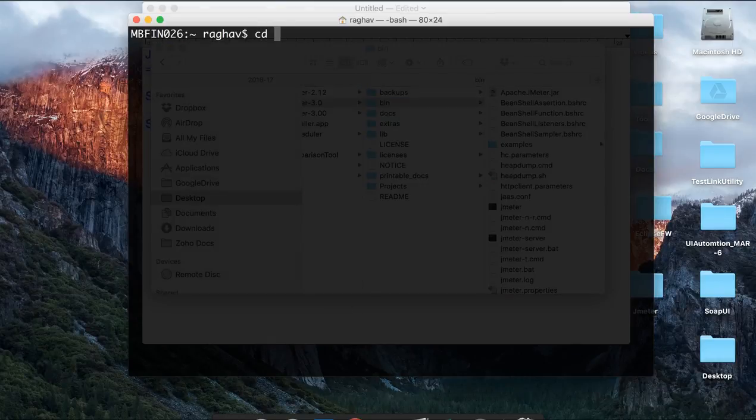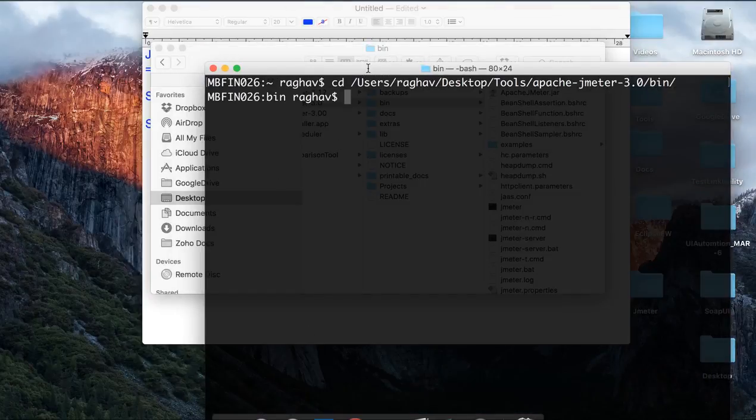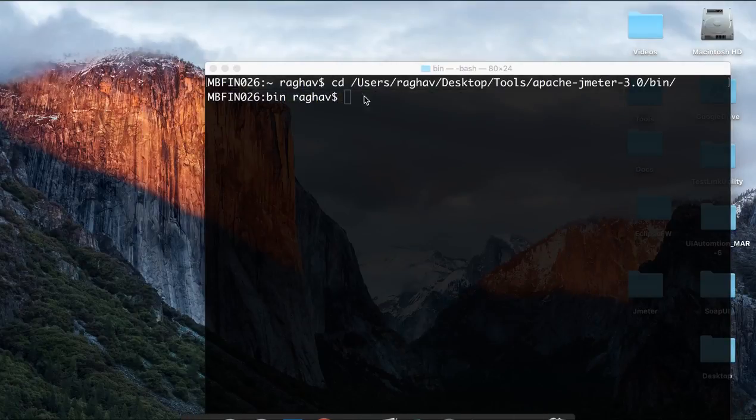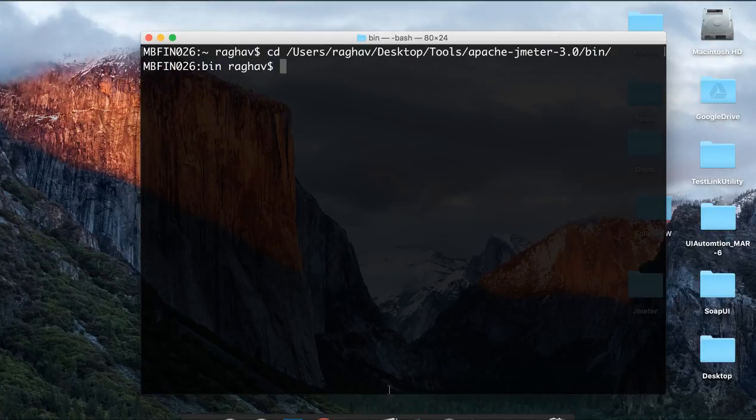So cd users Raghav desktop tools Apache Jmeter 3.0 bin. Okay, so now I have reached the bin directory, and now I have to run my command to run my test case, right? So the command is